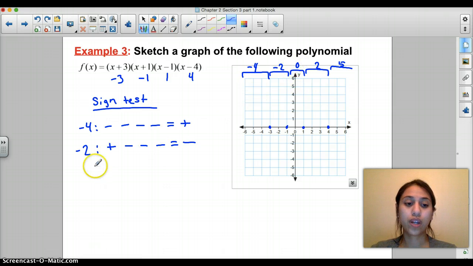So then we'll try test 0. 0 is always easy. 0 plus 3 is positive. 0 plus 1 is positive. 0 minus 1 is negative. And 0 minus 4 is negative. Positive times positive is a positive. Times a negative is a negative. Negative times negative is a positive. Let's see, then we have 2